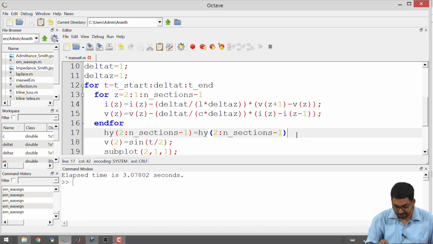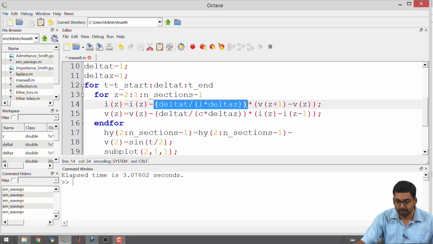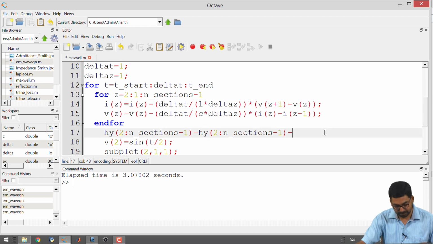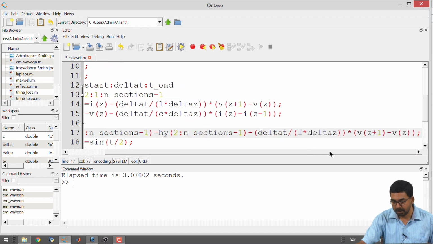minus delta t by delta t by 1 times delta z. One is the Courant factor that we did not discuss in this course, maybe in a later course. V of z plus 1, right.